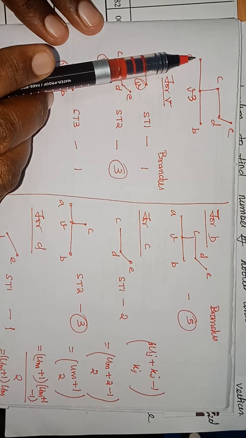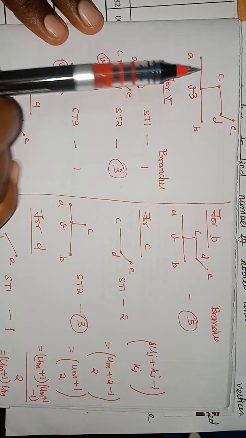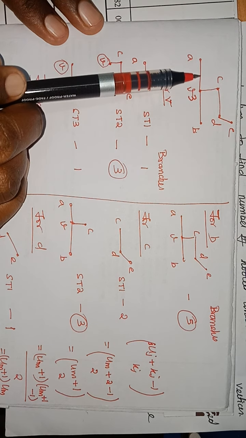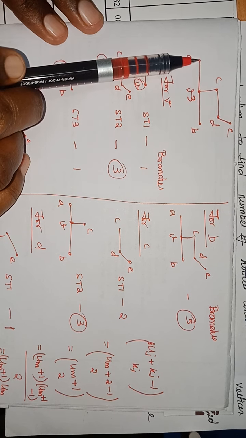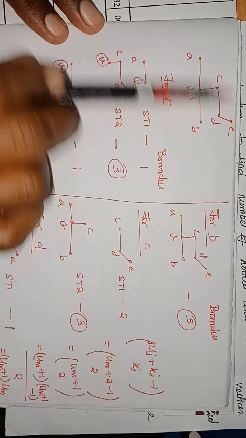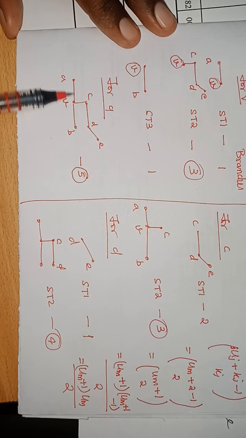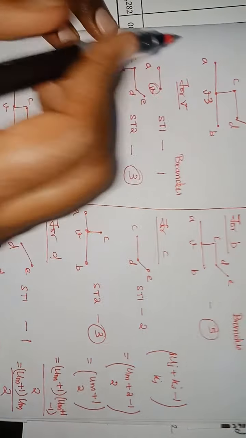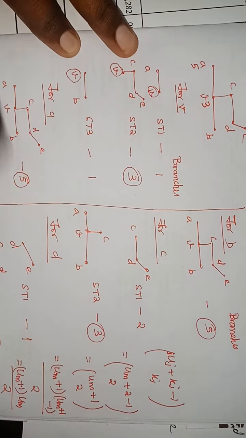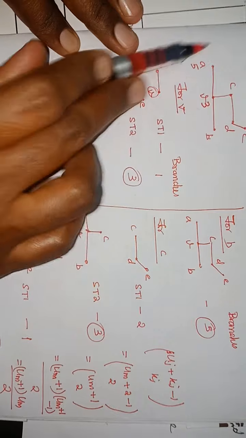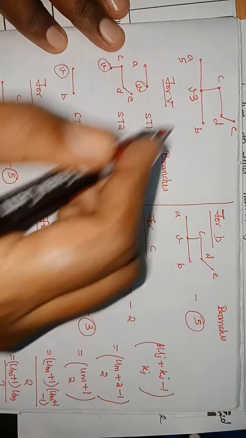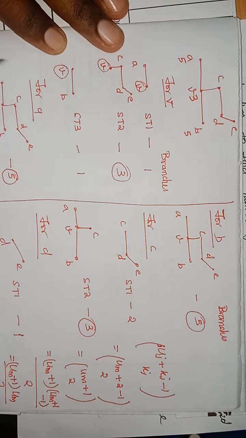Coming to vertex A, what is its degree? 1. Because one and only one edge is coming out from A, one and only one edge incident with A. So I can find only one subtree, that is the tree itself. How many edges? 5. So the weightage for A is 5. Here also the degree of B is 1. So its subtree will once again be the same given tree. So the weightage of B is 5.